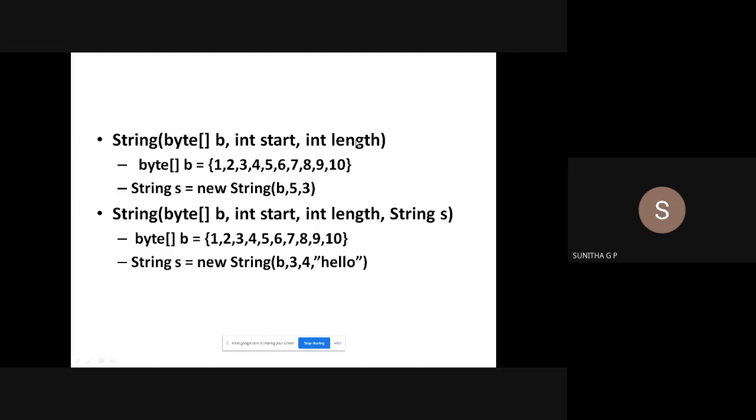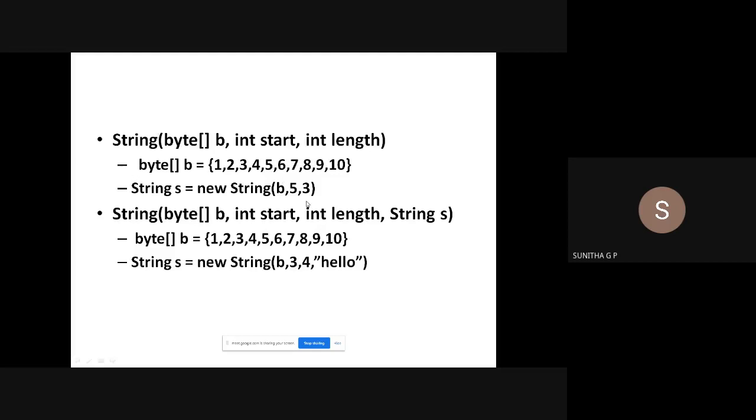Next, another one is the int start and int length. Suppose I have values from 64 to 1000, or 64 to 200, but I want to create a string only from 100 to 110. That is what start and length are for. From a given start to the end position, I can extract only those values and create a string.